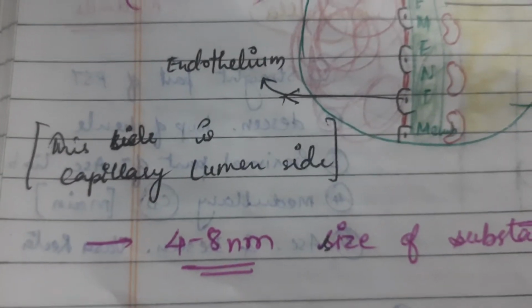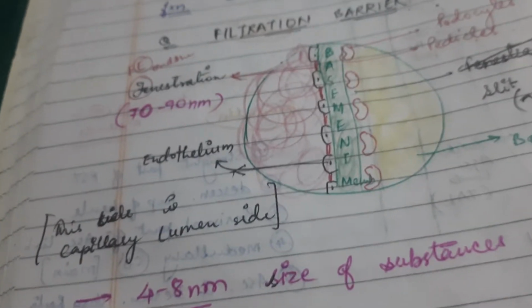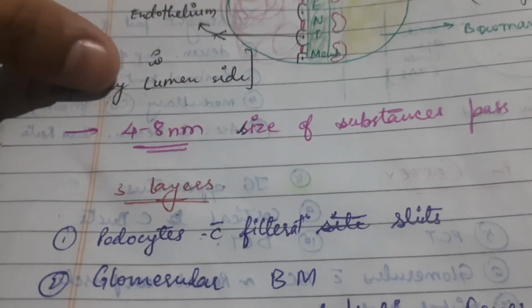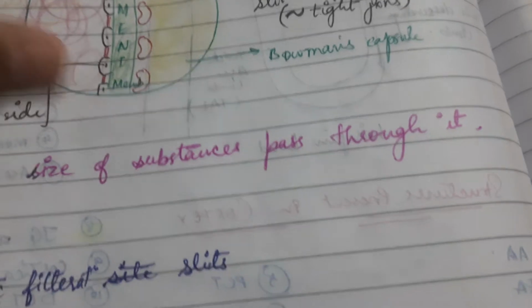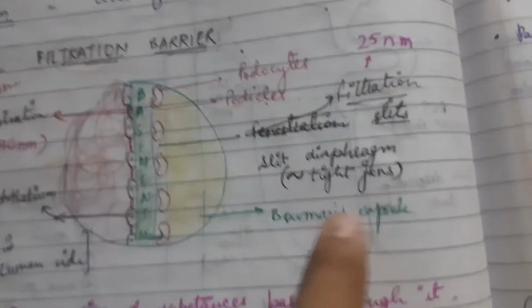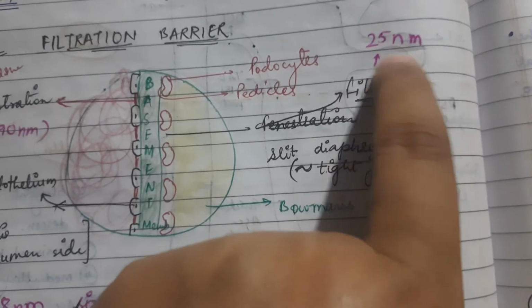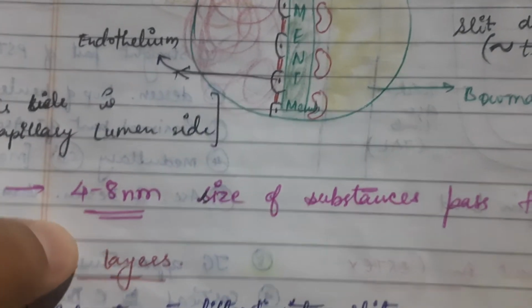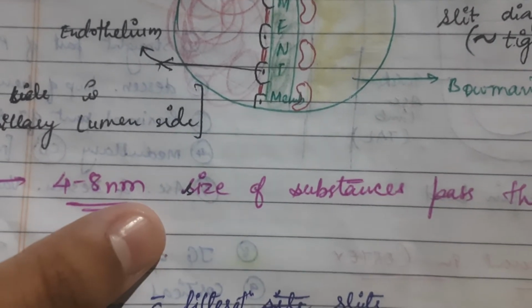This side is the capillary lumen side, because here the capillaries and glomerulus are present. Substances of 4 to 8 nm in size pass through it. In spite of the gap being 25 nm, the structures that pass through it have a size of 4 to 8 nm, because